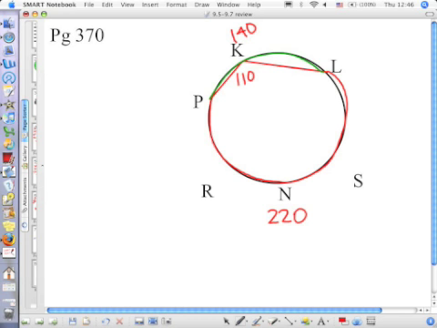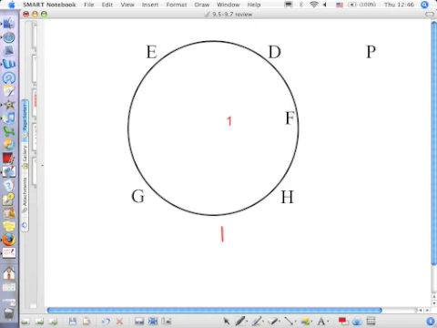This is an inscribed angle, which is half of the arc it intercepts. And 110 is half of 220. So every time it's an inscribed angle, every time the vertex is on the circle, the angle is half of the arc. These are the things you got to memorize. Okay? All right, if you look at number 19, we're trying to find the measure